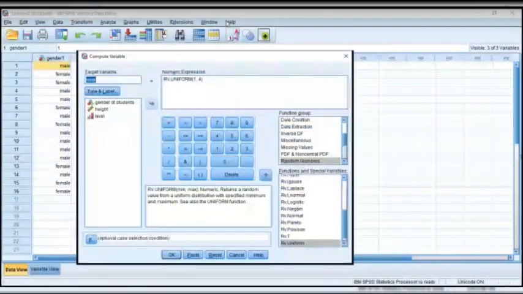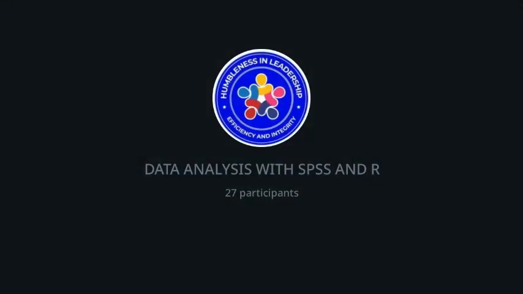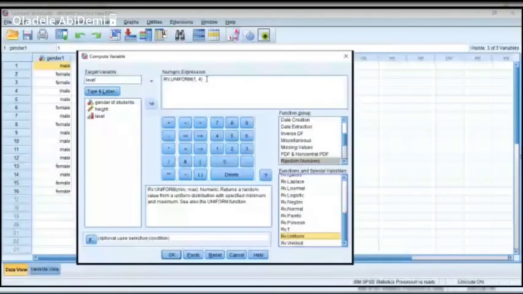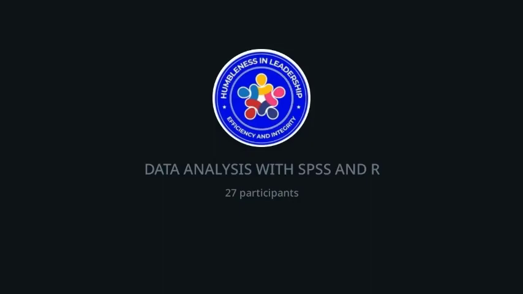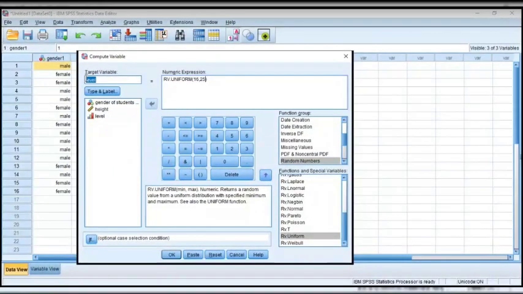Let me create another age, computing another variable. Of course, the age is following uniform. Let's say the minimum age in that class in university, let's assume it is 16 years old, and the maximum age, let's assume 30 years old or 32. But for this case, let me use 25. Okay, so I'm naming the variable age.